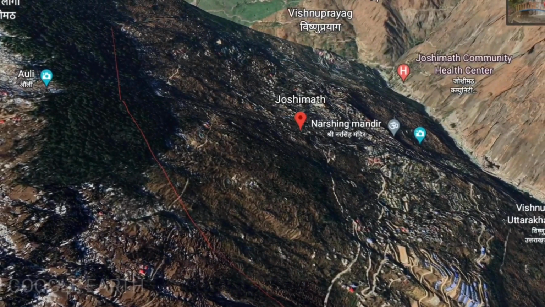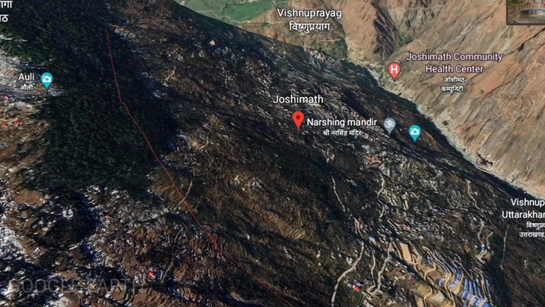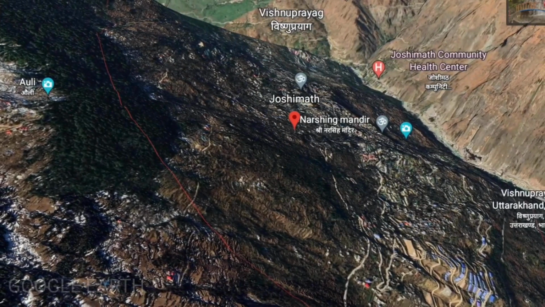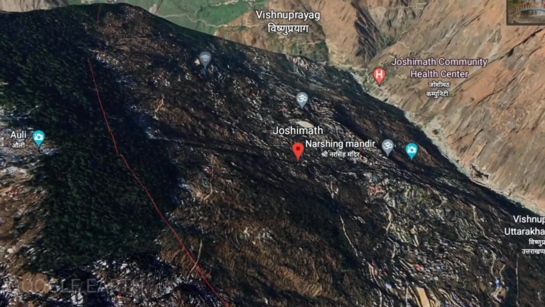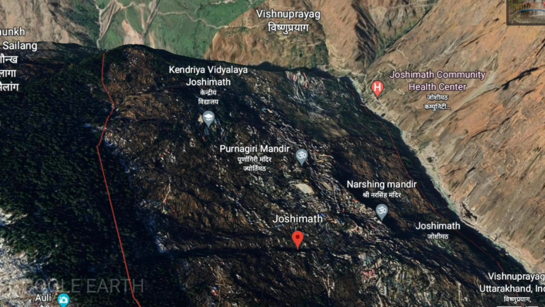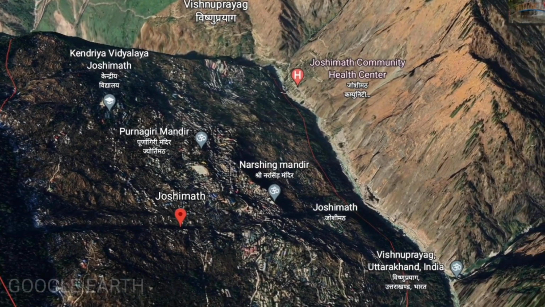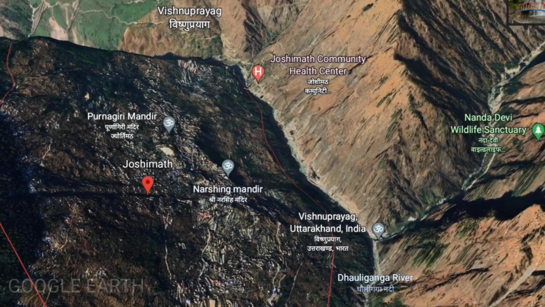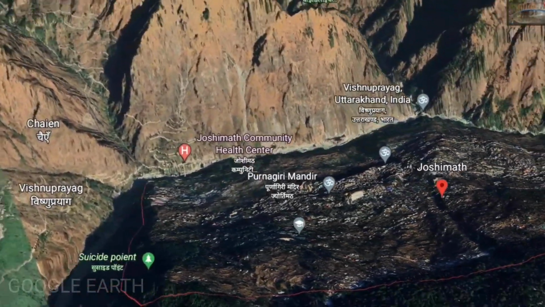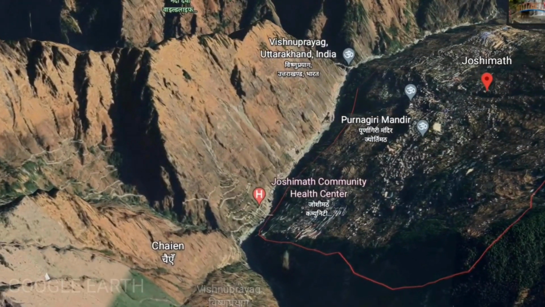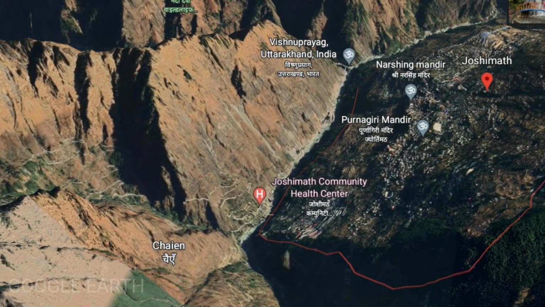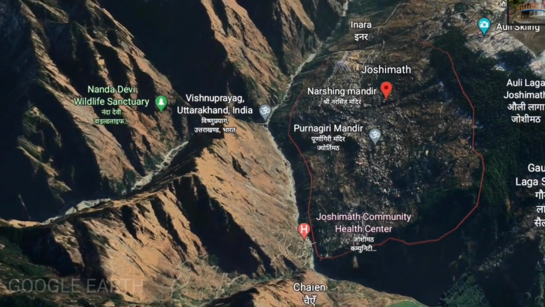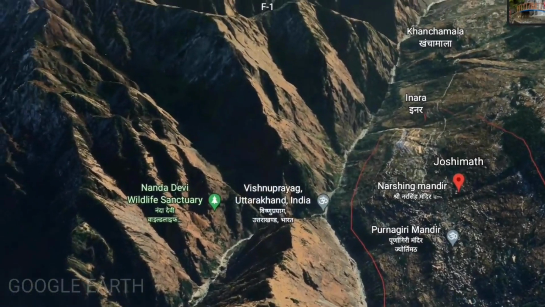Joshimath is built on the deposits of an old landslide, which means that the slopes can be destabilized even by slight triggers. The town is also in Zone 5, which, as per India's seismic zonation scheme, denotes the highest risk. It lies between 2 thrusts, the Main Central Thrust, MCT, and the Vikrita Thrust, VT, and thus occupies a seismically active terrain. Geologist Naveen Jayal, who conducted research on land subsidence in the town in 2022, said that because of the MCT, the area around Joshimath is highly active in terms of slope mobility.